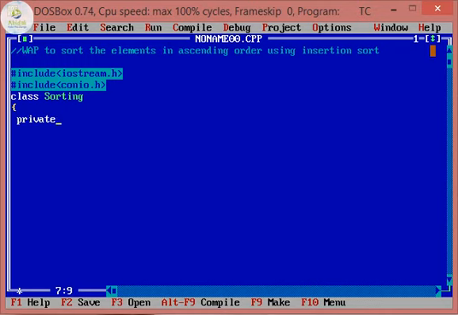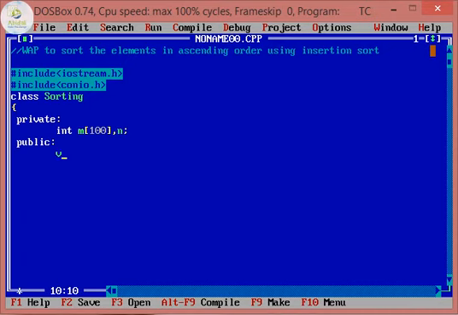The data members will belong to the private section. So an integer type array a, which can store at most 100 elements, and n is the size of the array that I require. In the public section, I will have the member functions.